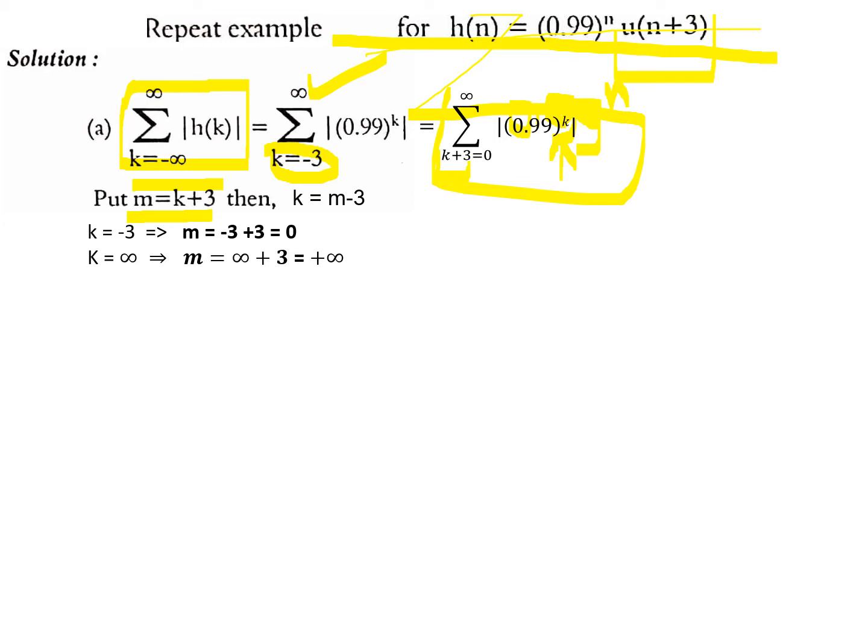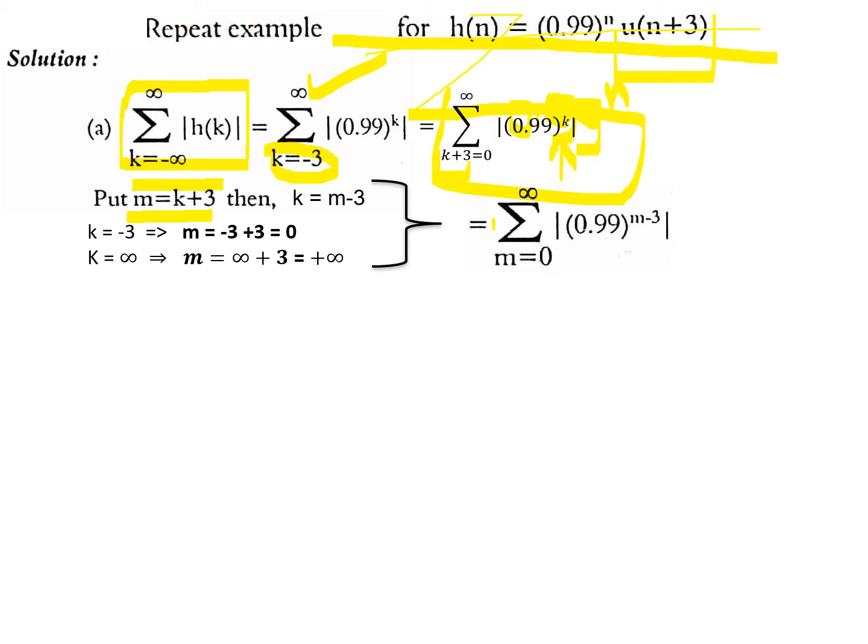Now in this expression, I will include all these things and rewrite this expression. Wherever k plus 3 is there, replace it with m. Wherever k is there, replace it by m minus 3. Now k should be changed to m. That's all. So what I do is this. What I get is this.